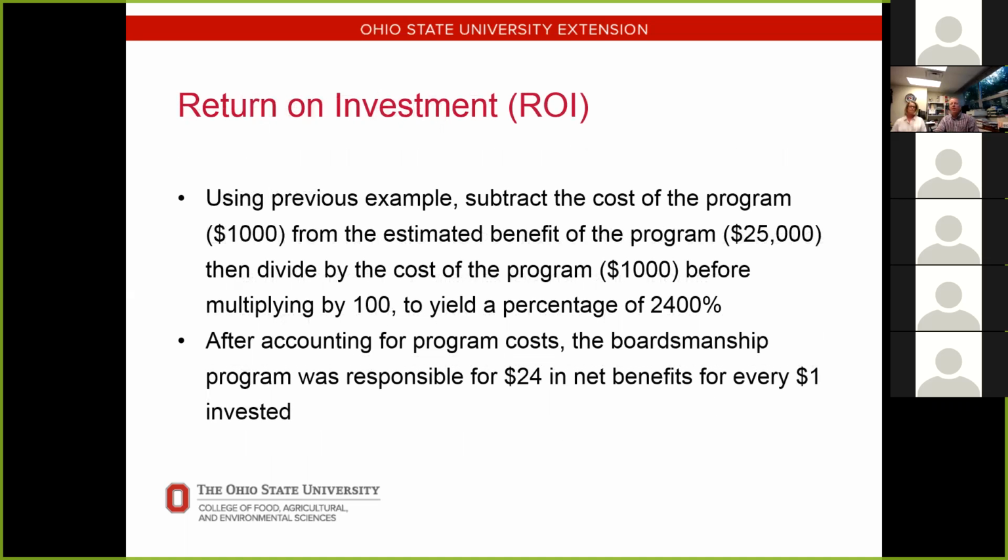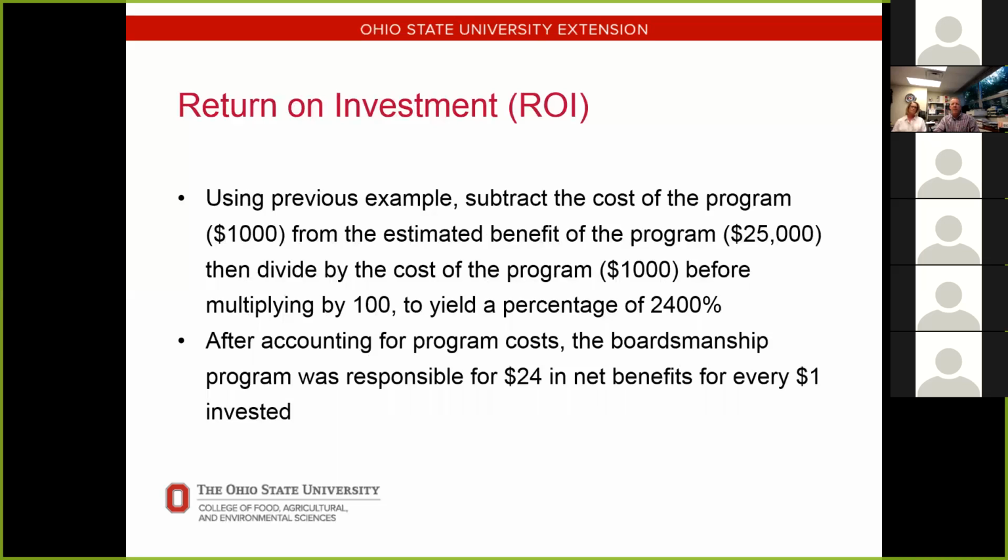And then kind of building on that tool, we have this notion of a return on investment, also known as ROI. And so if we're saying to ourselves, it cost $1,000 to put the program on, the benefit was $25,000, we can divide that, multiply by 100 to yield a percentage. That's a pretty darn happy percentage of